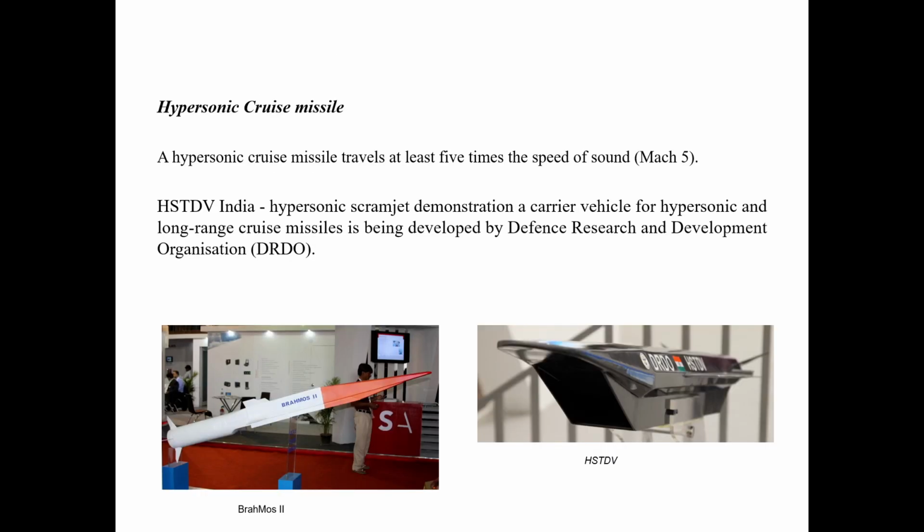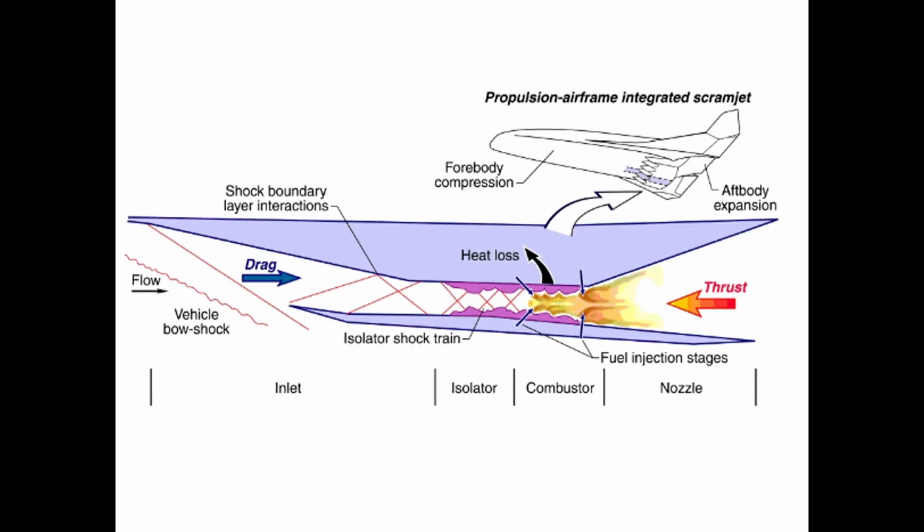So hypersonic cruise missiles are the missiles which travel at Mach 5 and above. India developed the hypersonic technology demonstrator vehicle, which will be the delivery system for next generation hypersonic cruise missiles. Hypersonic systems have an intake, combustor, and nozzle. During the intake, the shock waves will compress the flow, and in the combustor, the fuel will be injected into the high